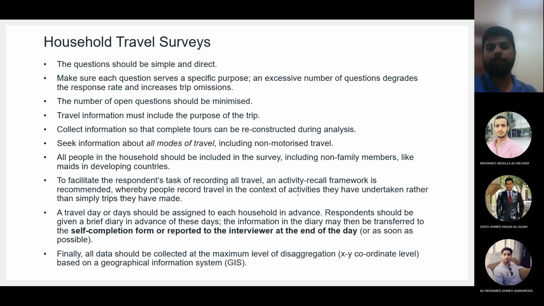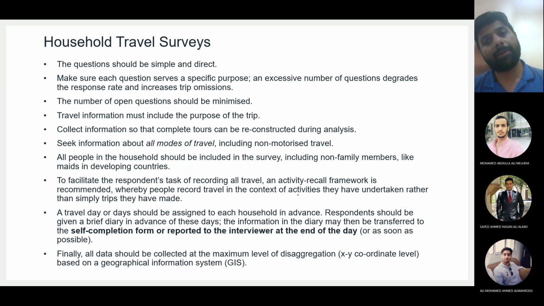So for each part of his journey, you will ask him, what was your trip time? What was your mode choice? What was your route choice? And so on and so forth. Why is this important? Because sometimes, or most of the times, people plan their trips in batches, in a group. If I'm going somewhere in the morning, I will have my next trips in my mind, and the first trip which I'm taking can be affected by the other trips which I will take later on.